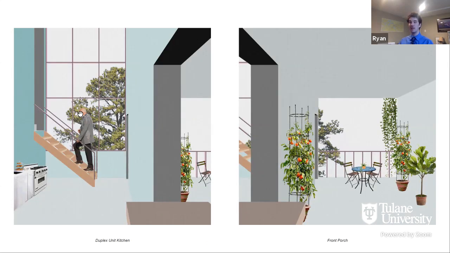And this is a perspective from inside of the kitchen looking out. You can see this large double height space of the kitchen with this large window that goes all the way up to the ceiling. And this cutout here that connects the kitchen with the porch where you could potentially grow things, have a small